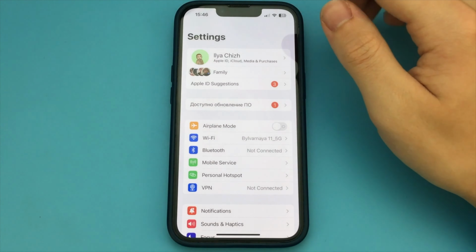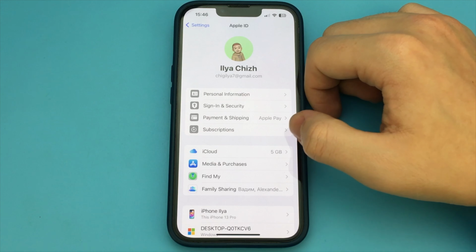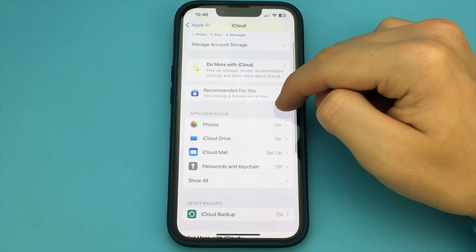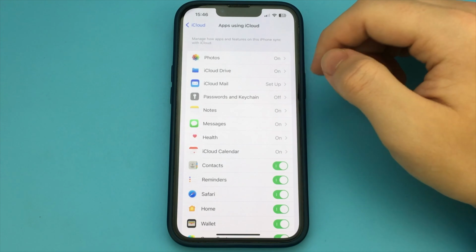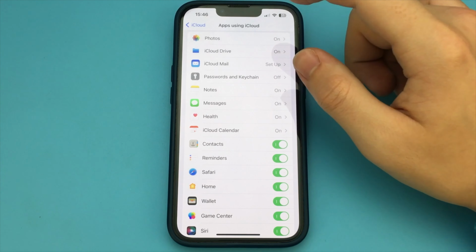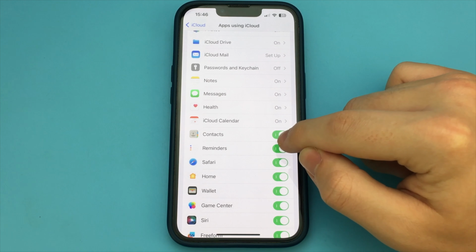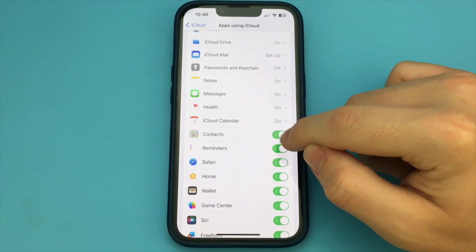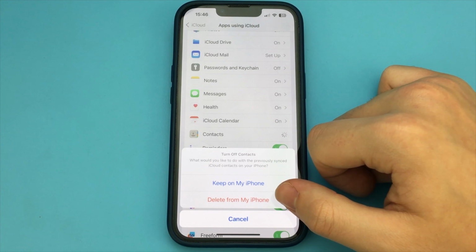To do this, we go into the settings of the iPhone. Now click on iCloud. Then we click here again. After that, we click Show All. If the checkbox here is not turned on, we need to turn it on. After that, we need to turn it off again and click on Delete from my iPhone. After we click on this button, absolutely all contacts will be deleted. You just click here. That's the easy way. This is the way. Nothing complicated.